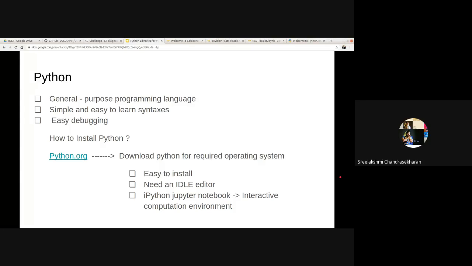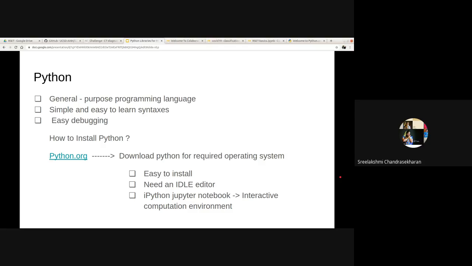Another feature of Python is the IPython Jupyter notebook, which used to come with Python environments like Conda. It's an interactive computation environment. We can use Jupyter notebooks as command line programs or Python programs, or we can code in a Jupyter notebook. A command line program means we know how to use either the Windows command prompt or the Linux or Mac OS terminal, right? Like that, we can just give instructions in Jupyter notebooks, that is interactive Python notebooks, to